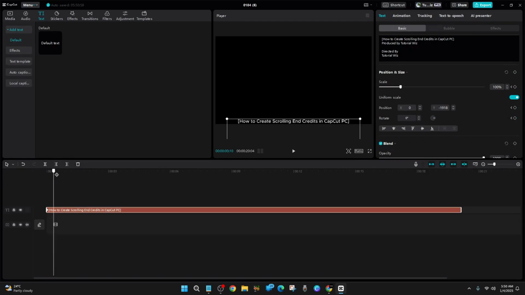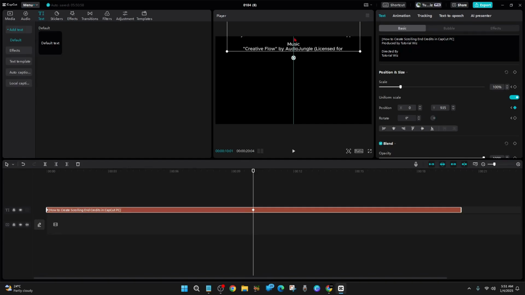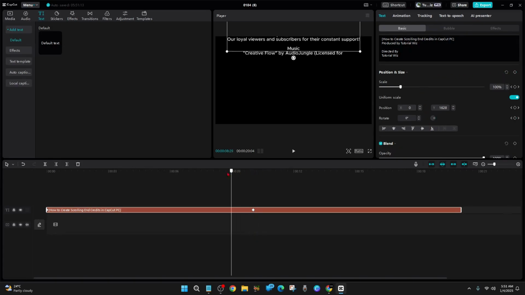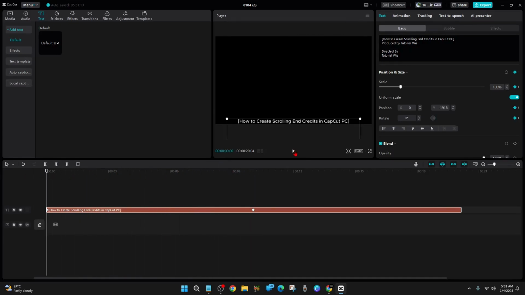And now I want to drag this slider to about a 10-second mark. And then I want to drag this all the way to the top, like so. So you can see, you don't see any text. Then I want to add another keyframe. So as you can see, it's moving bottom to top. So if I go ahead and press play,